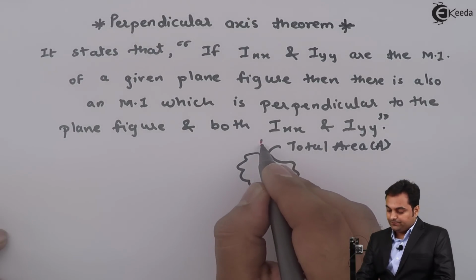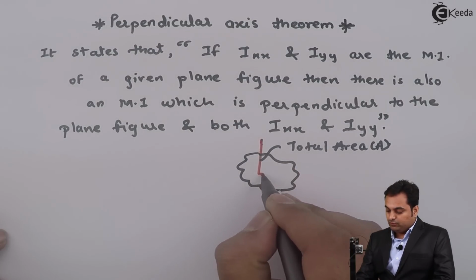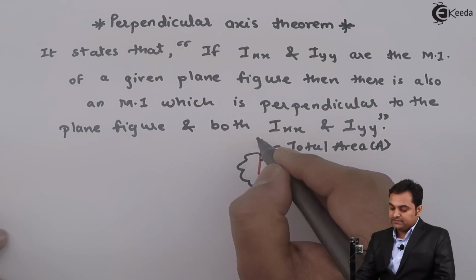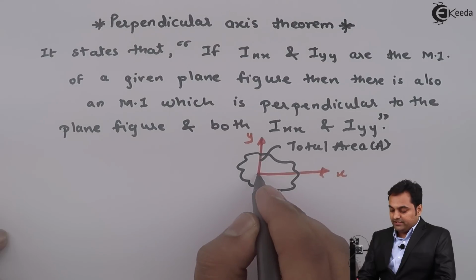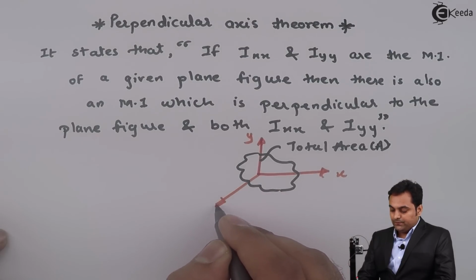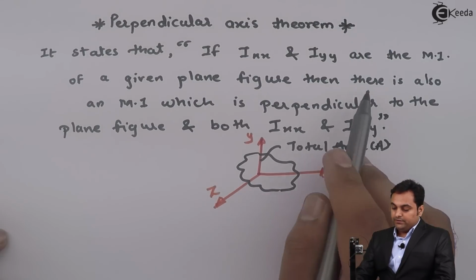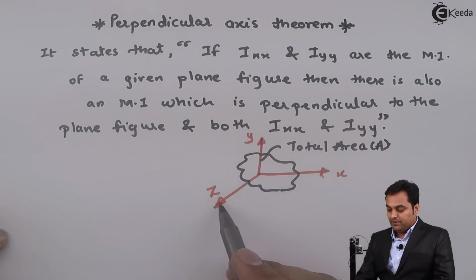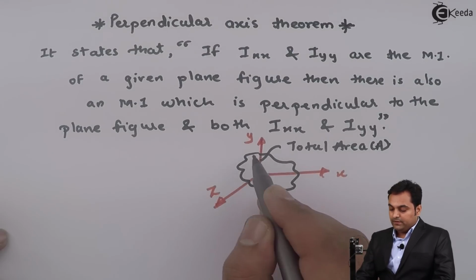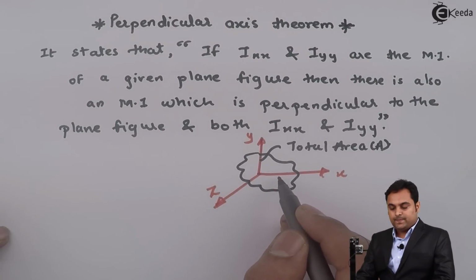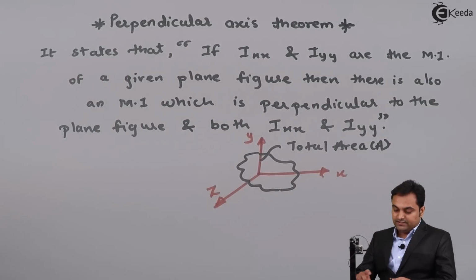and here we have two mutually perpendicular axes, x and y axis, then there is the third axis which is z, and then there is also MI which is perpendicular to this plane figure, and even to the two axes. And then I can say that